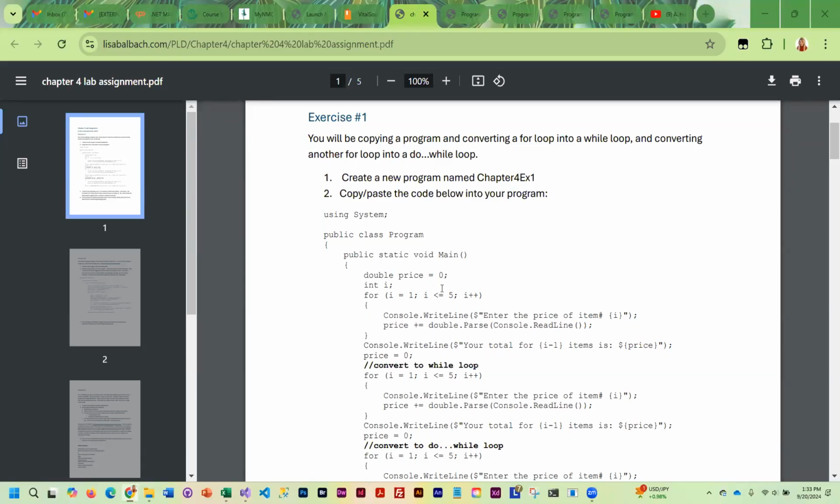The lab assignment has several exercises. So I'm going to explain what you need to do in each one. The first one is relatively short. You're basically going to copy this code,